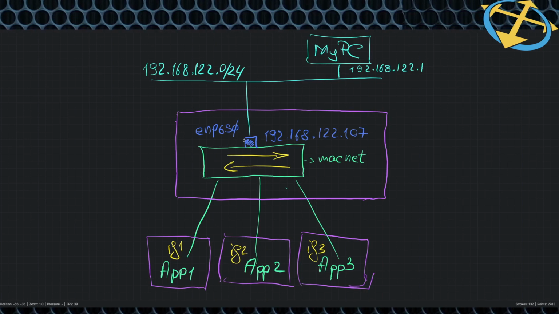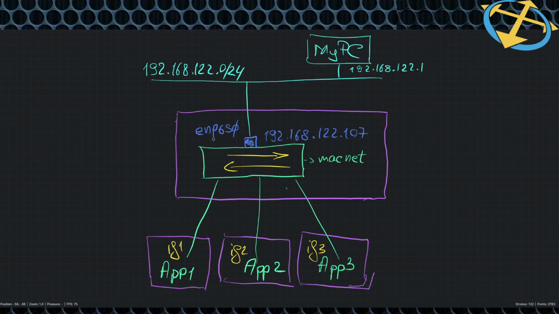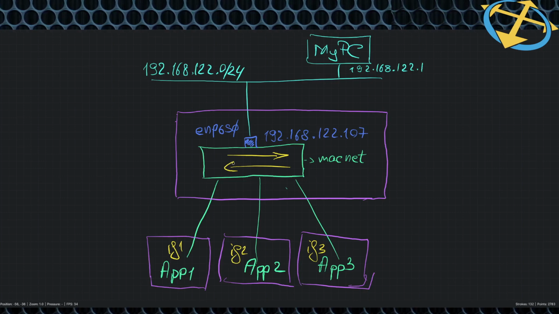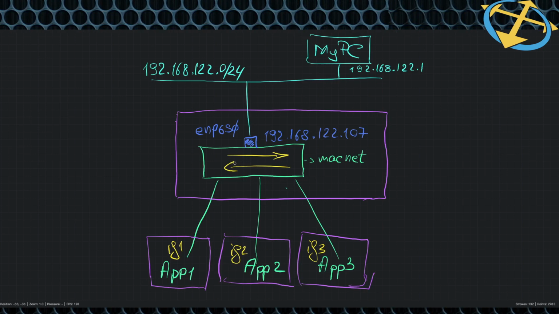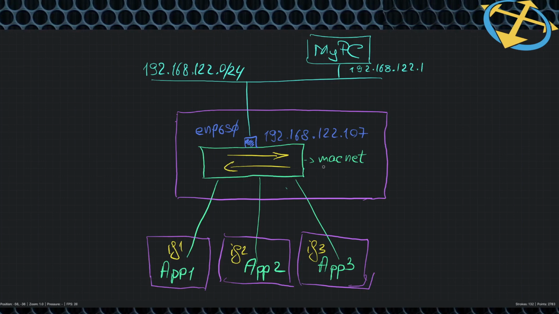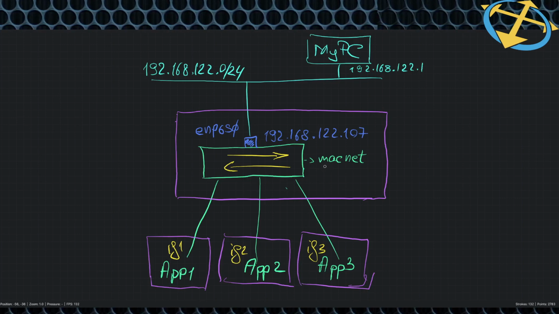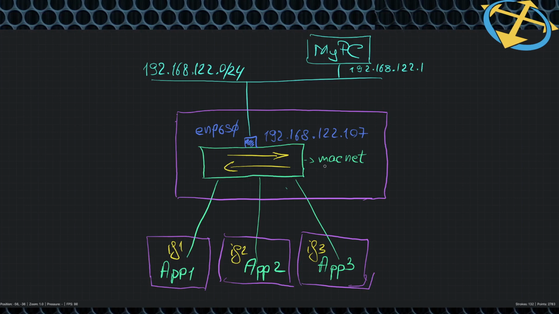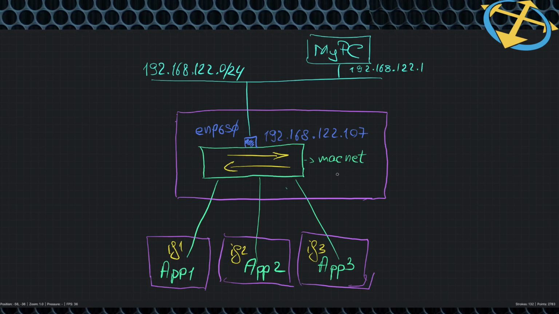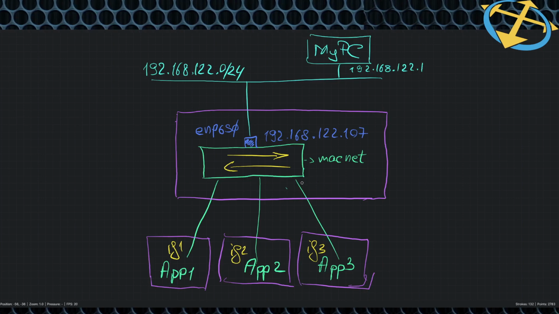And I have the physical interface here, the ENP6S0. It's the physical interface of the Docker host. And this right here should be the MacVLAN Docker network, which is called MacNet. You will see we will create that together. And basically, when you create a Docker network of type MacVLAN, it will not create any